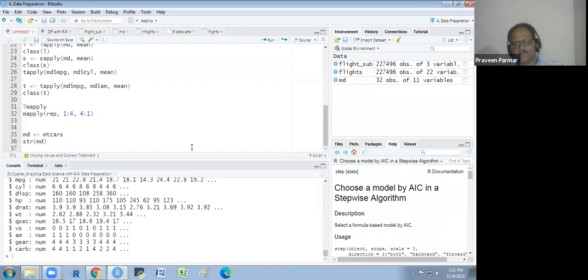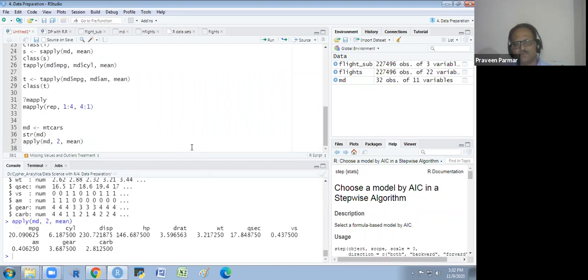The cylinder has very few unique values. So if I use an apply function on mtcars, with the margin column-wise and then the function mean, look at this. I'm getting the mean of all variables. So this is the apply function.